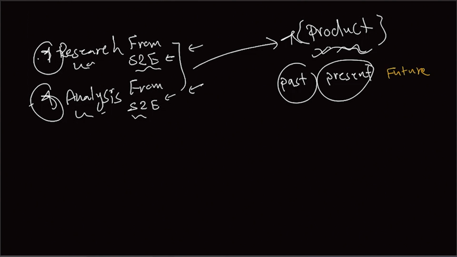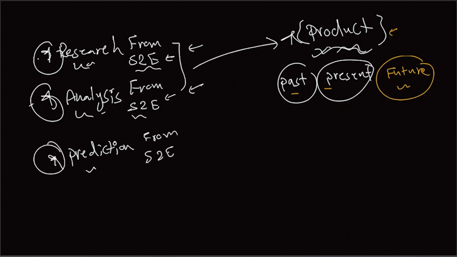So what we really need here is a future element to be added to the actual shape of that product. Well, if we add the future element to the actual presentation of that product, then you have an intelligent product. Ask the question, how can we actually integrate the current image of past and present in this product to become intelligent by adding this future? Then we are looking at the third terminology, and that is prediction. Again, from the start to the end.